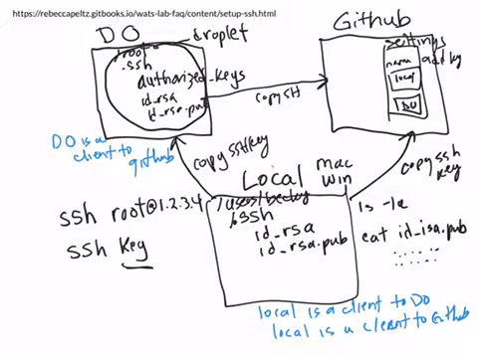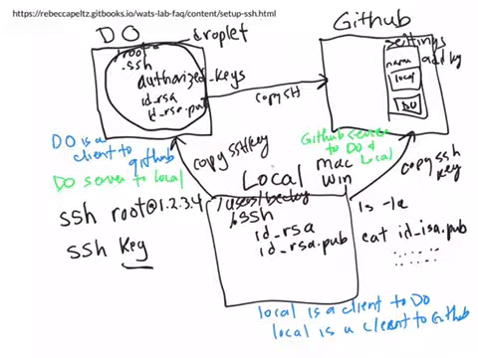But DigitalOcean is a server to local. And GitHub is a server to DigitalOcean and local. So you can see that any machine in the system can act as either a client or